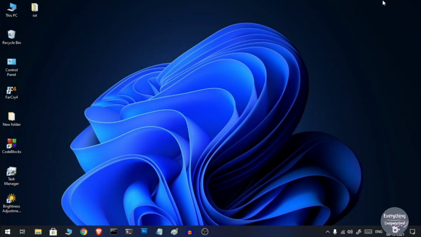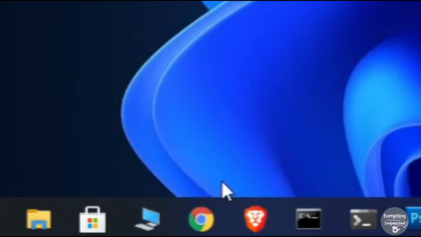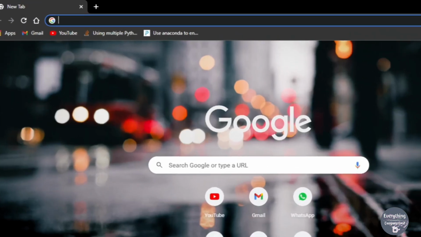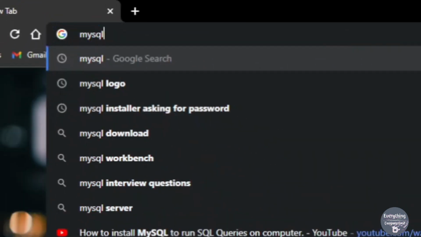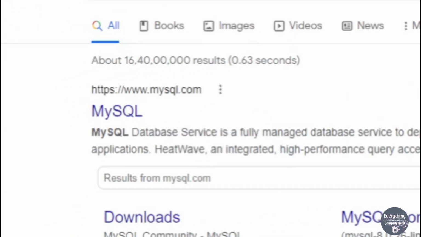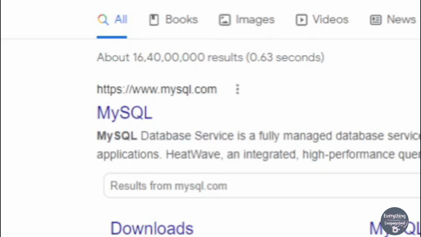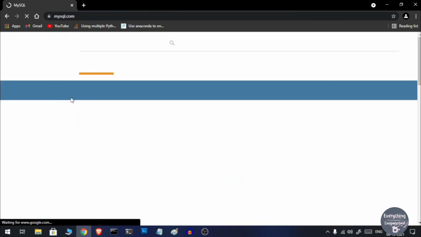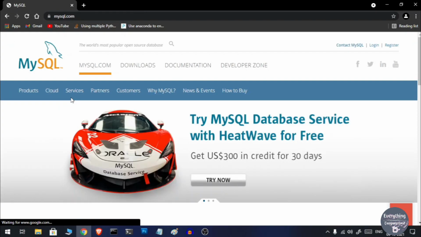To install MySQL, we first need to download it. So open your favorite web browser and search for MySQL. You need to make sure that your computer is connected to the internet. If you don't know how to figure that out, you can watch a video on how to connect your computer to the internet. Once you have searched for MySQL, click on the link that heads to www.mysql.com, and you will be on the home page of MySQL.